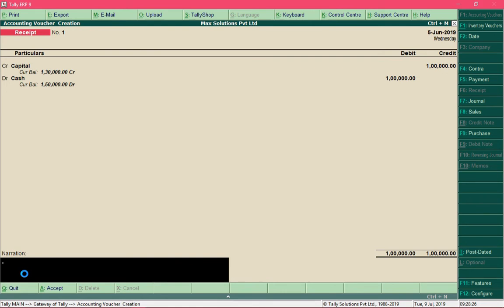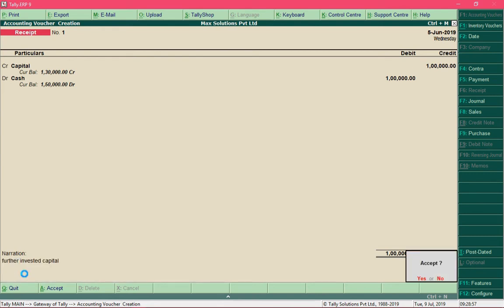So the field narration will be highlighted. Over here you can type a short message related to this entry, so that you can remember why you have made this entry. So this is an optional field. In case you want to type anything, you can just provide the narration over here and then press enter.